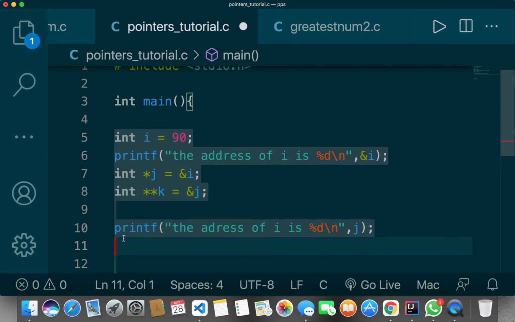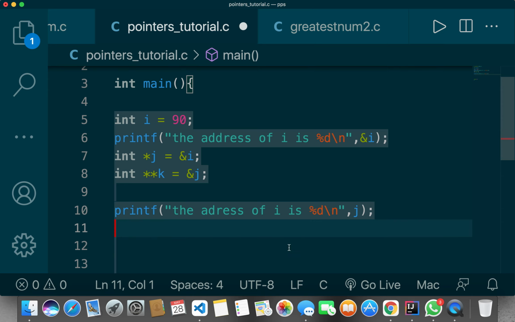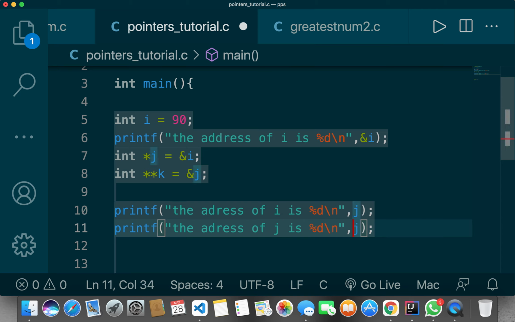We're going to copy this, Command C, Command V. Okay, the address of j is, let's do this the old fashioned way by using an address operator.